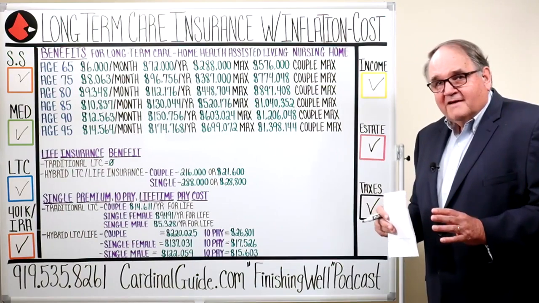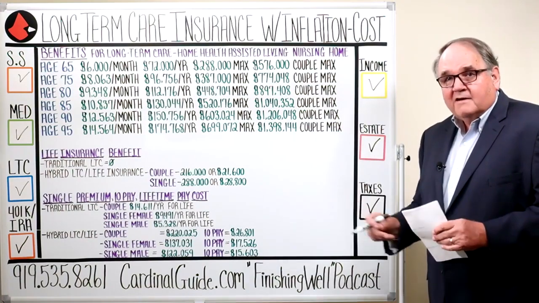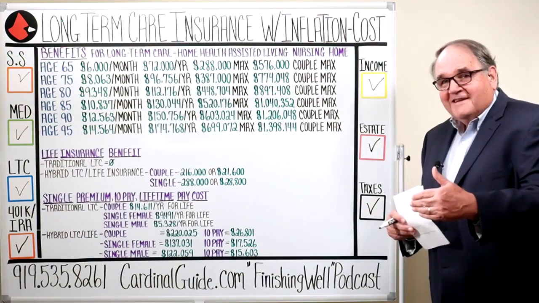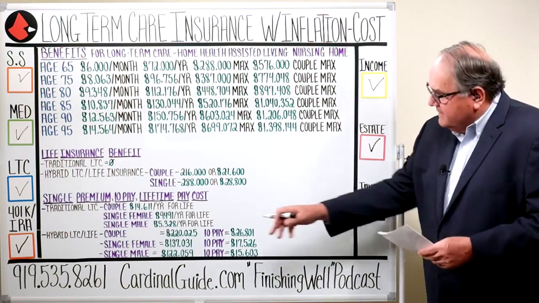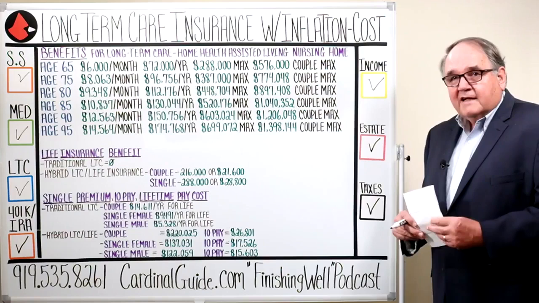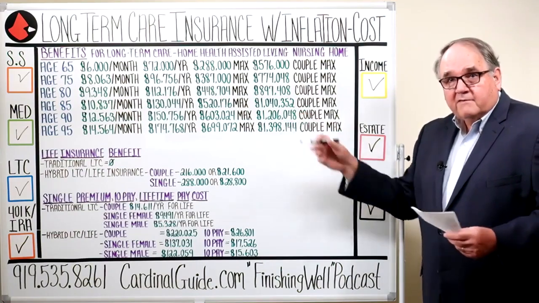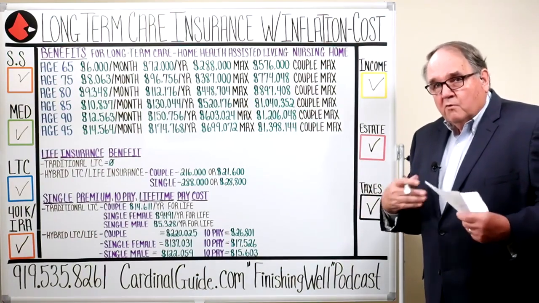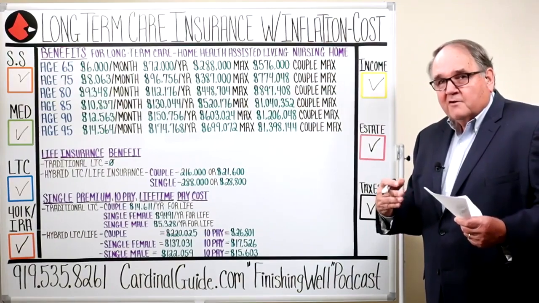Most of the time, we're going to need to look at all your finances to figure out how we're going to pay for it. And then we're also going to make sure that you need it. Because some people, if they have very limited finances, obviously can't afford a policy like this. And they're going to be dependent upon the government to end up paying for the back end of their care. But in any case, we're financial planners, and our practice really has a big specialty in long-term care.